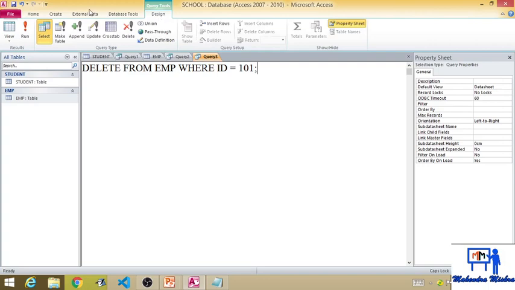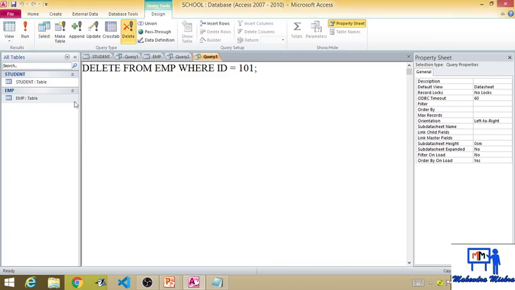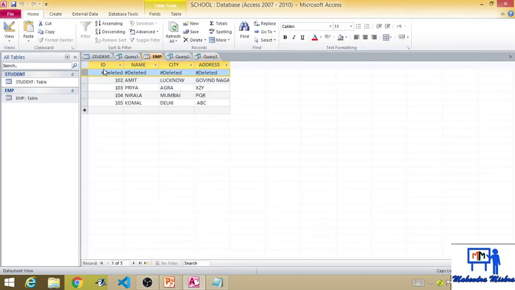Now run this query. You will get a message: you are about to delete one row from the specified table. Click on yes button. How to check? Click on the EMP table. Now see, my record is deleted. Okay, you refresh it, then the entire row of ID 101 is deleted.